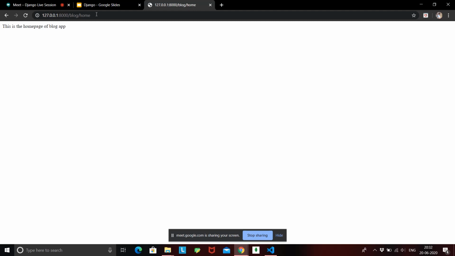Okay, so this is how you can render pages from your apps. All you need to do is give one base URL, that is, the base URL was blog, and after blog, suppose I do home, I can do contact, I can do details and all of that after this blog, and then all the pages will be rendered from your app, not from your root directory.